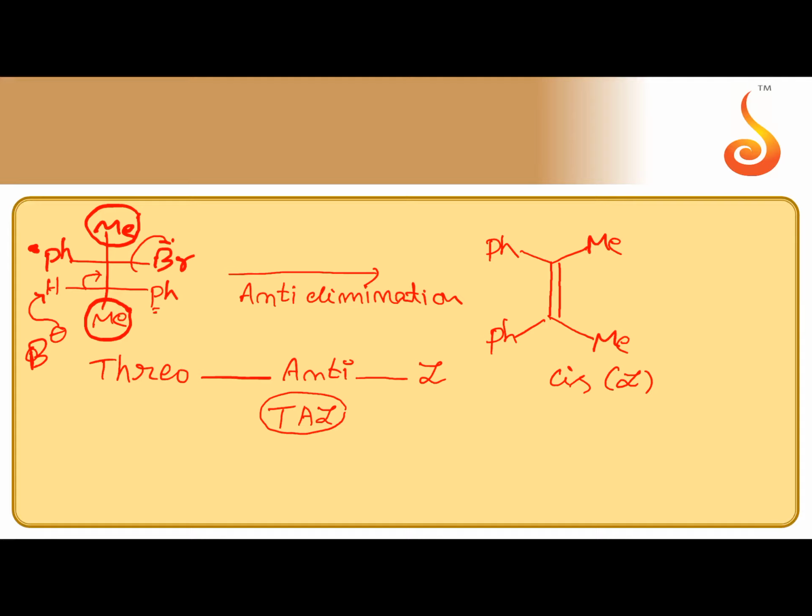Otherwise, best method how to get the geometrical isomer: after the elimination, species to be eliminated must be in the opposite direction. After the elimination, you keep the double bond between alpha and beta carbons, and whatever the groups lying on vertical line should go to one side, other groups on other side. Then easily you can recognize the geometrical isomer. So threo isomer by anti-elimination gives Z isomer or cis isomer. This is the best method to get the specific product formed during the beta elimination from optical isomer.